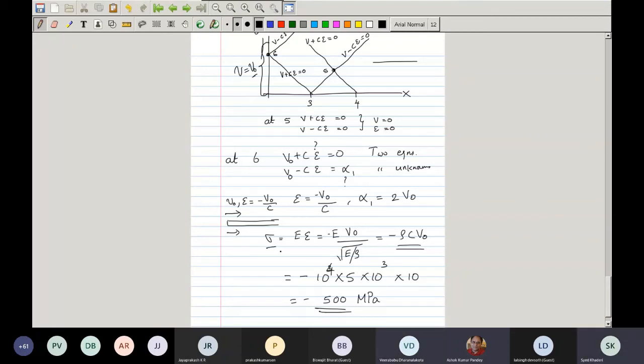Yeah. So this thing is purely graphical. No PDEs and all. Yeah. It takes time, of course. I mean you have to be very careful, but it's okay. It's worth it.